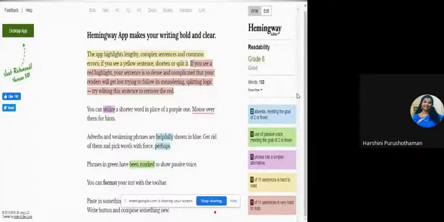It still depends upon the user to ignore or accept whatever the tool says. Then you have adverbs meeting the goal of two or fewer, use of passive voice meeting the goal of two or fewer, phrase has a simpler alternative, one of 11 sentences is hard to read, then one of 11 sentences is very hard to read, like that. You have to go for this.